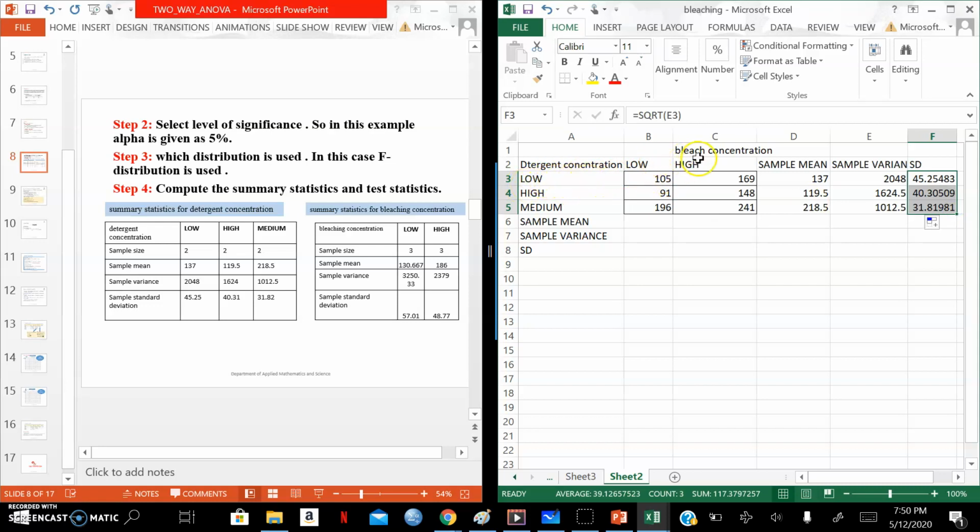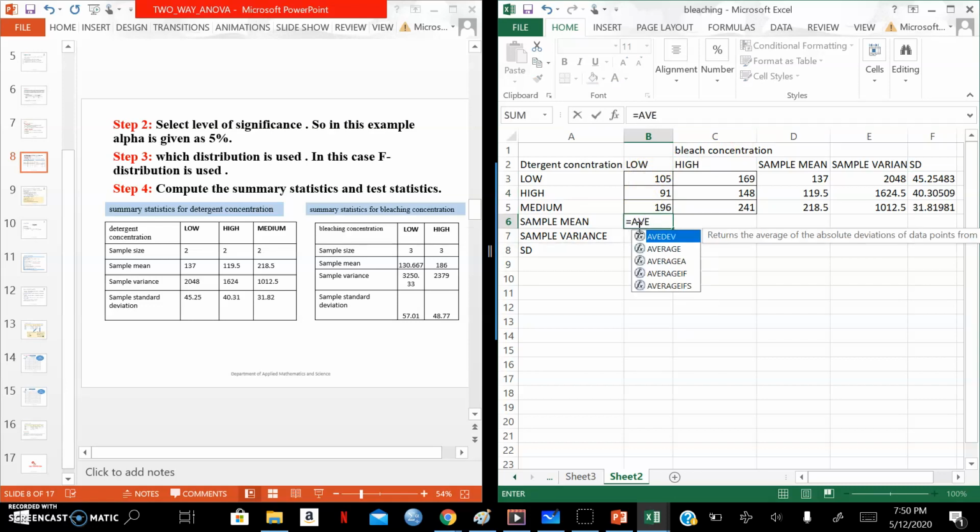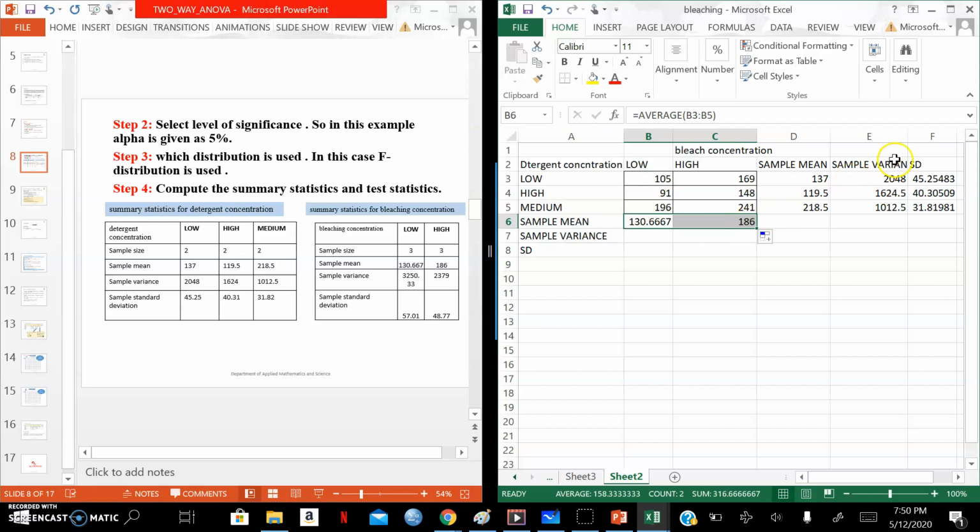Now, if you want to summarize the bleach concentration levels, you get the sample mean for the first column by using average, selecting, and then press enter. Then you drag for the second column, you get the answer for the second column. So how much we got here? 186. Sample variance, the function is same,